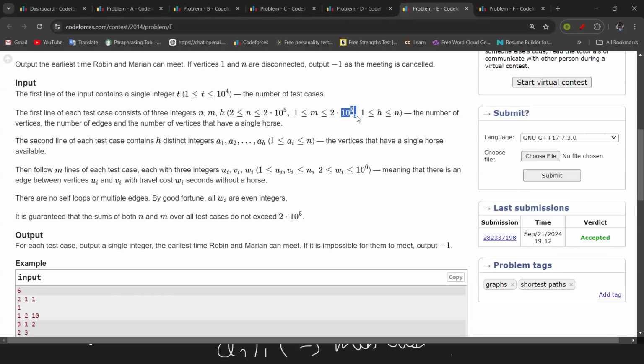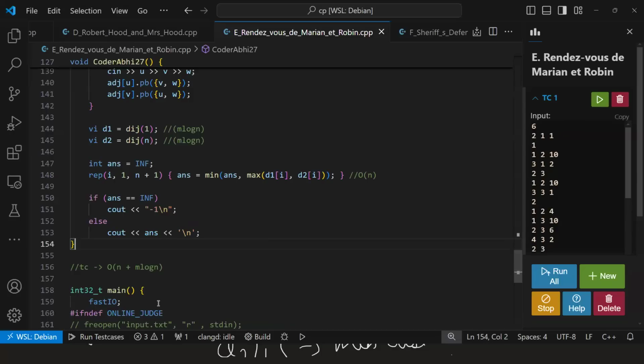So they are up to 2 into 10 to the power 5. So this code is well accepted. I hope this problem is clear to you all. If there is any other doubt,